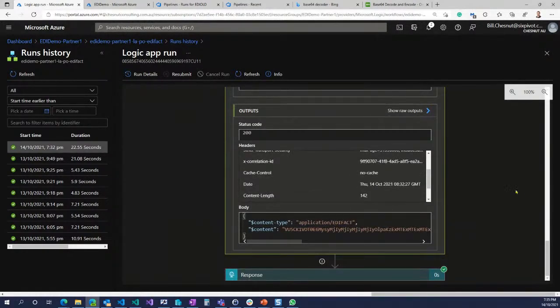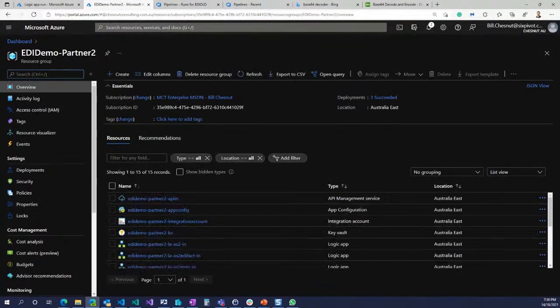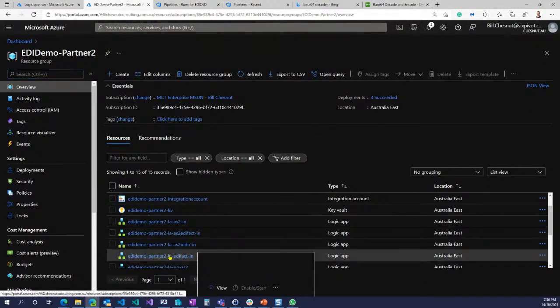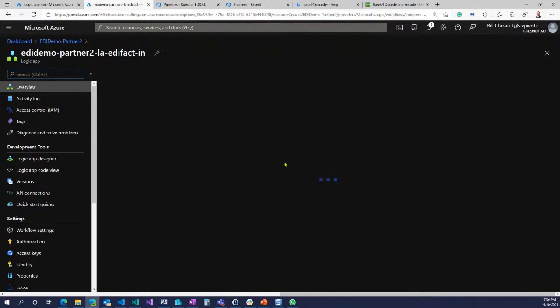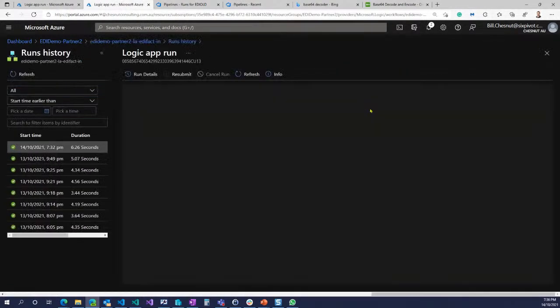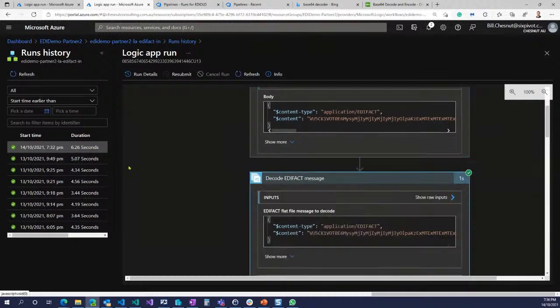And then we get a response back from that with the MDN in it. Now let me go back here real quick and go to partner 2, and let's look at the partner 2 EDIFACT in. And we'll have one at the same time at 7:32. Yep. So basically here, it's come in through the HTTP request, and then it's gone back down to the EDIFACT